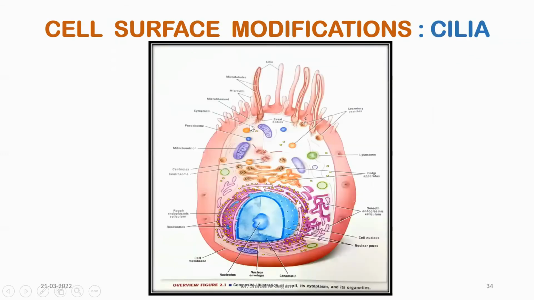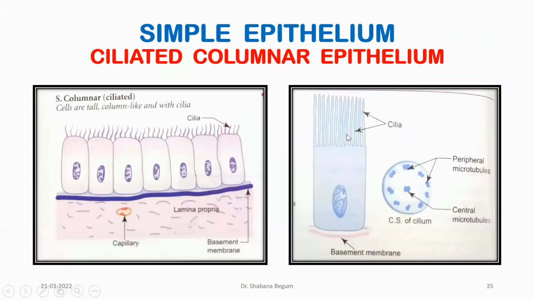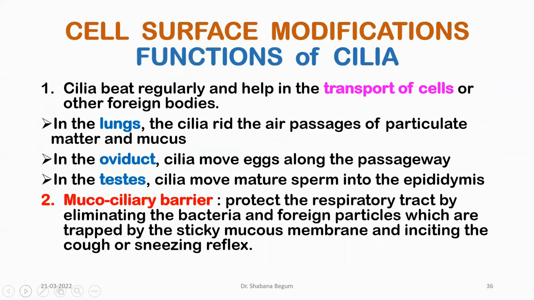So this is a picture showing the cilia. This is the cilia consisting of the microtubules. So this is the ciliated columnar epithelium. The cilia has the arrangement of microtubules here: 2 microtubules are present in the center and 9 microtubules are present in the periphery. And the cilia beat in a regular fashion and help the transport of cells or other foreign bodies,